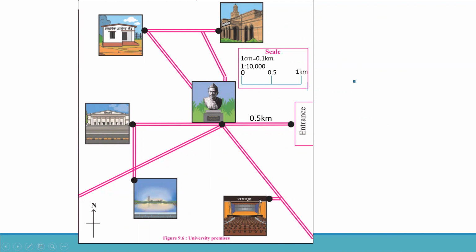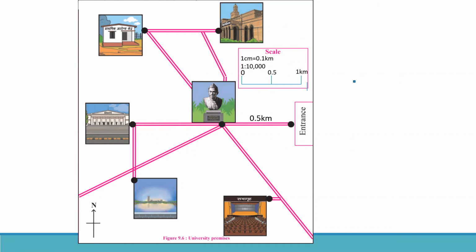The fourth picture, can you see the Sabhagraha written? What is Sabhagraha? Sabhagraha means auditorium. Like we have in a school, an auditorium. Exactly, auditorium. Then you have a statue. Above the statue is the office. So the images of an office, health center, library, lake, auditorium, and statue are given. Can you see all this? 1, 2, 3, 4, 5, 6 images. Can you see they all are connected with dots, circles.